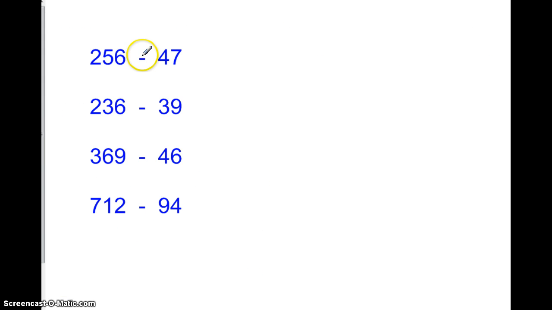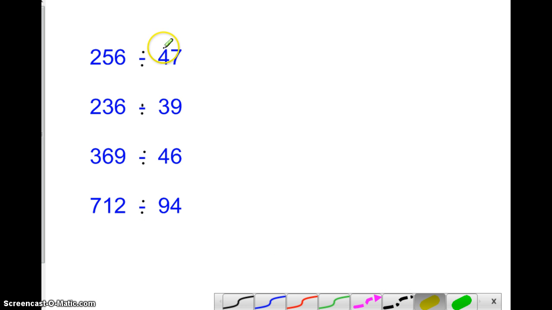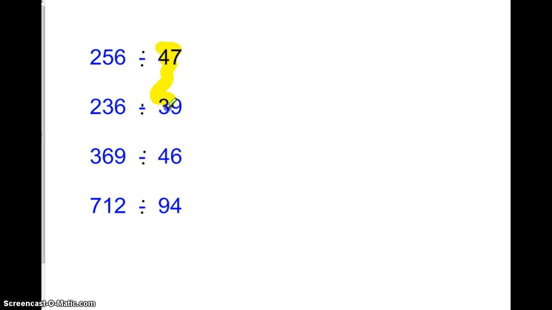Let's see what we have. So we have a couple of numbers here to work with. You're going to go ahead and do the same thing. You're going to round the divisors, and then you're going to actually do the long division. So rounding the divisors first, all of them, and looking at the first two numbers in the dividend